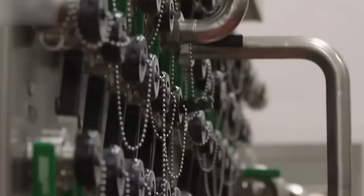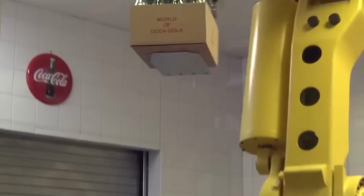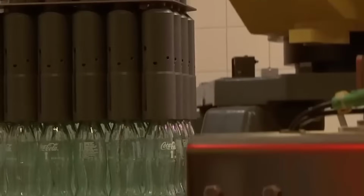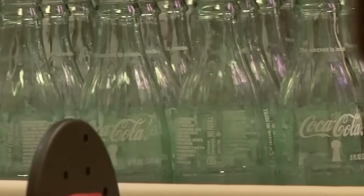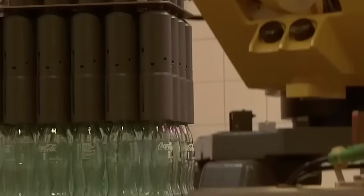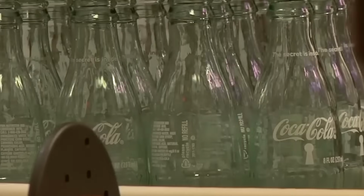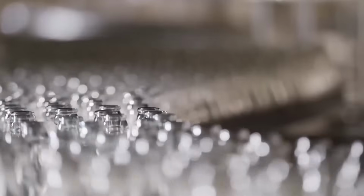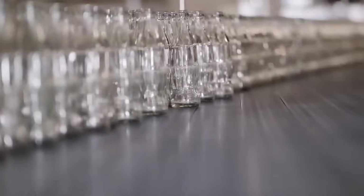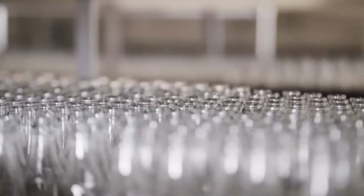With the beverage ready for packaging, Coca-Cola utilizes a diverse range of bottling formats to cater to different consumer preferences. The company produces its beverages in glass bottles, aluminum cans, and PET plastic bottles, each with its own specific manufacturing process. Glass bottles, for example, require a specialized filling line that ensures the bottles are sterilized before filling, capped securely,